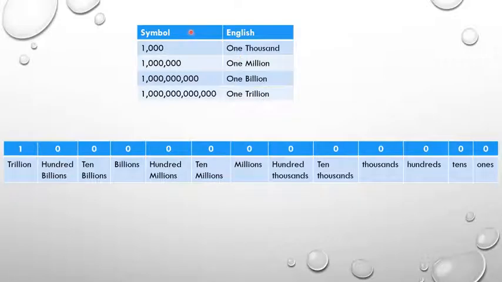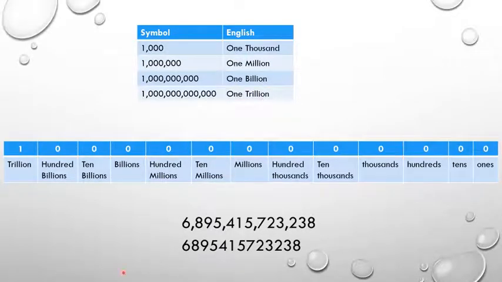So let's see. For example, if you read this number, it's read as 6 trillion. Why trillion? Because you already have 1, 2, 3, 4, 5, 6, 7, 8, 9, 10, 11, 12, 13 digits. Basically, you hit the trillion already, so that's why it's 6 trillion